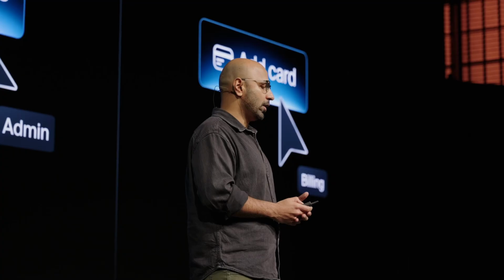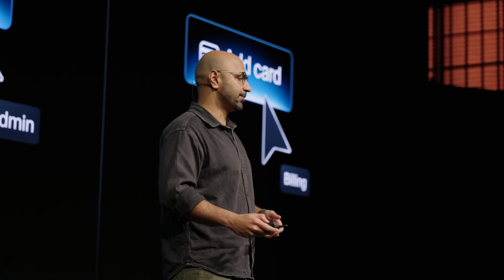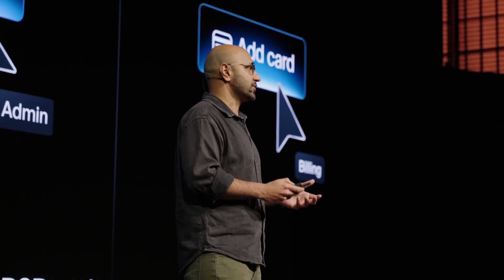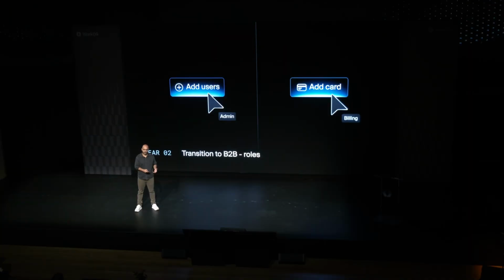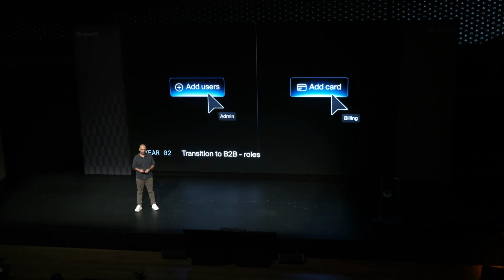So outside of this, there are a few other feature requests that you get from customers around authorization. They ask for 2 new user types that are not your core product users. One is the admin, who sets up this organization, verifies the domain, adds and manages the users, or does all the administrative things, basically. And then the second user type is a billing admin, who adds or updates payment methods, downloads invoices, and does all the compliance-related things. So what does Figma have to do here?